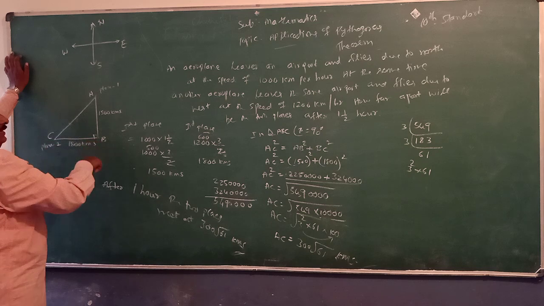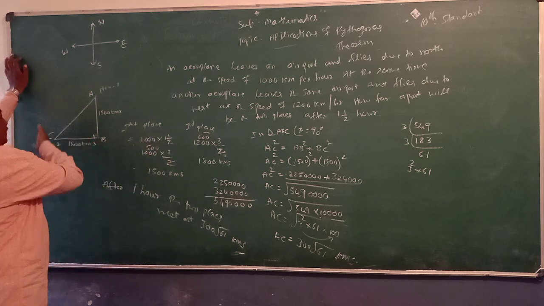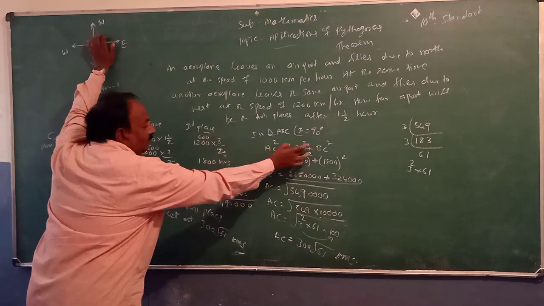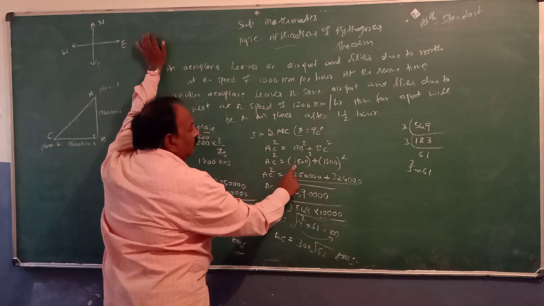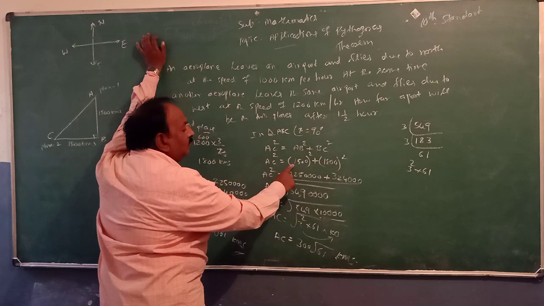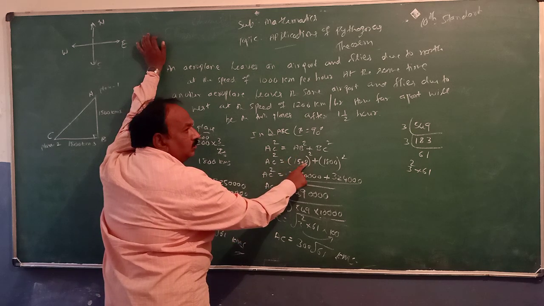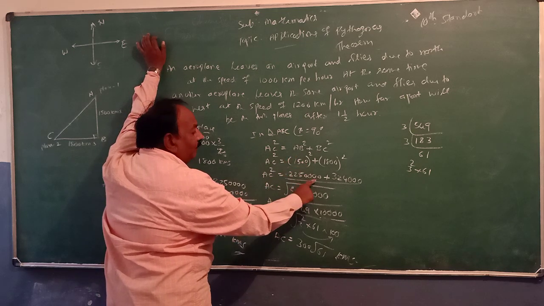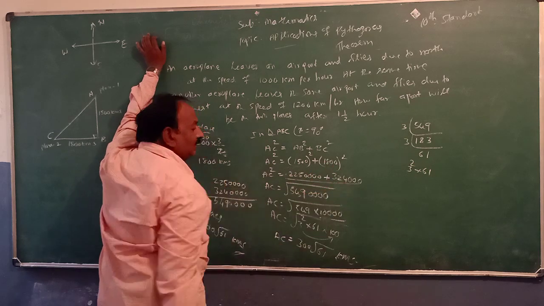When we apply the right angle triangle ABC, B is equal to 90 degree, applying the Pythagoras, AC squared is equal to AB square plus BC square. AC squared is equal to 1500 whole square plus 1800 whole square. You know the square root of 15. 15 15s are 225. 2 zeros make into square, it becomes 40. 18 18s are 324. 2 zeros become 40.